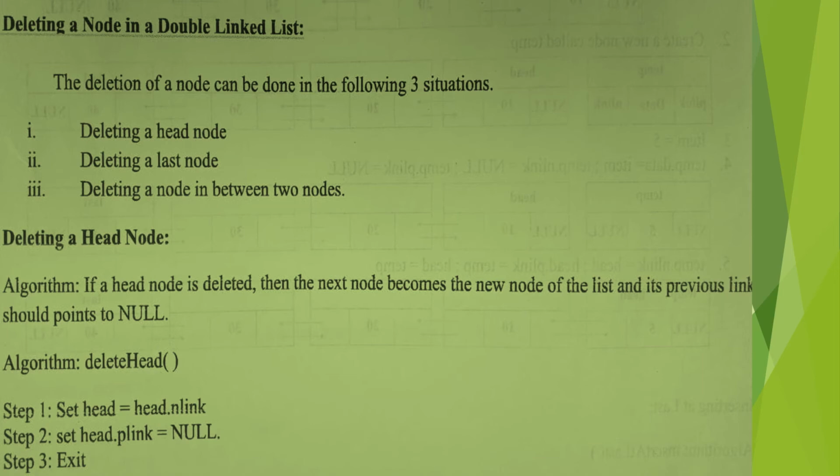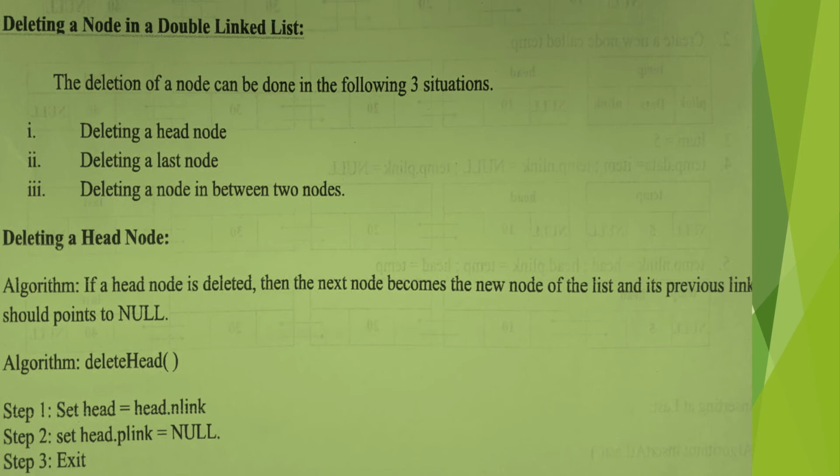Next is deleting a node in a double linked list. We can delete items in three situations. One is at the beginning of the double linked list, means at the head node, and deleting a node at the last, and a node in between two nodes. First, we want to delete a node at head, means the beginning of the